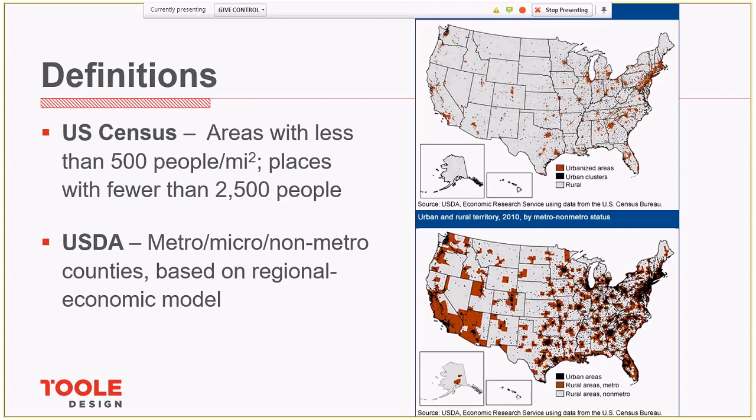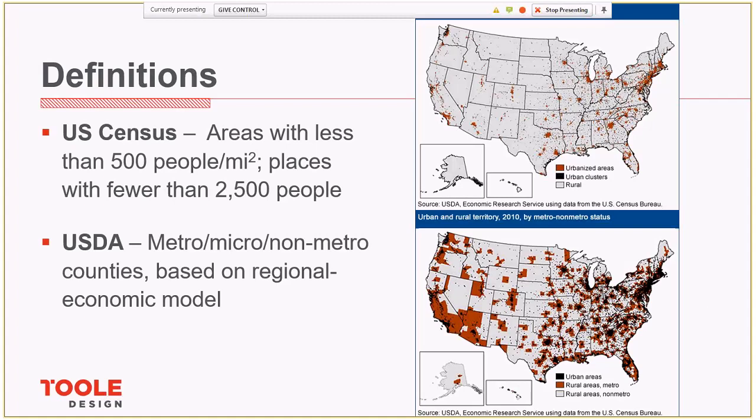But different federal agencies define rural differently. The U.S. Department of Agriculture goes beyond the population definition to include economic relationships and labor flows. So this means if a certain percentage of a county or area is commuting to a different area, they lump that together with the more developed area.